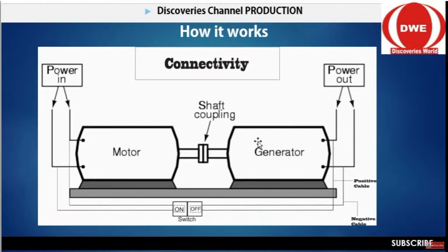Because the only thing that makes this generator work is the fact that it's running at a very high frequency. Now, the generator is combined with the electric motor using the shaft, and the shaft is the rotating part that we call a flywheel. You can call it a flywheel, or a shaft coupling. This is the link. If the electric motor is turning, automatically the generator will also generate light.